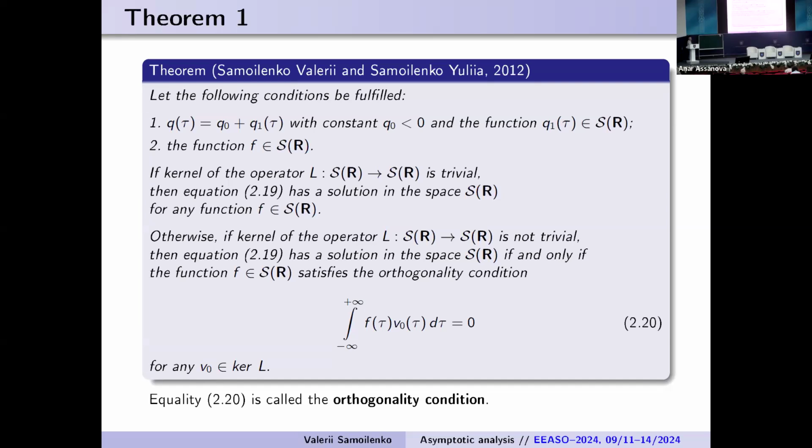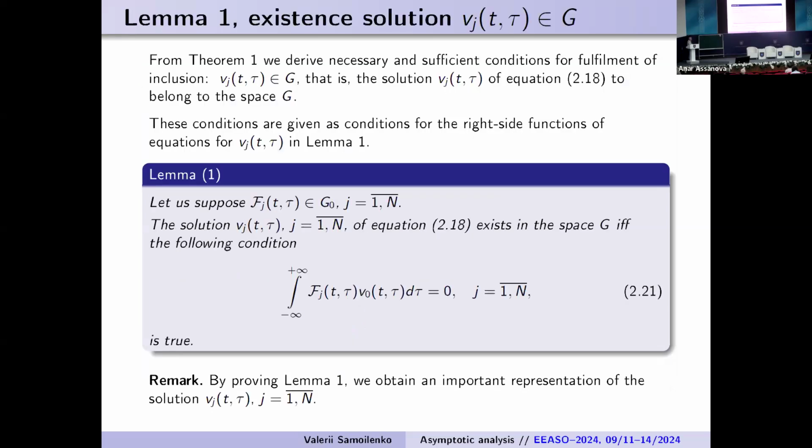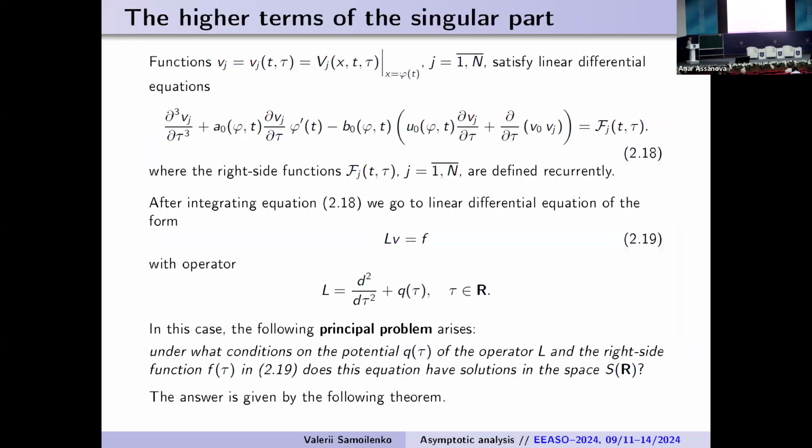in the case that this kernel consists of two independent functions, in accordance with the formula for the Wronskian, we use that the equation disappears. So now we continue to analyze the equation for the singular part of the asymptotics. We are interested in the solution of equation 18, and using